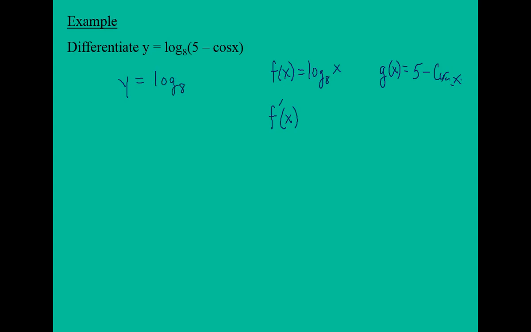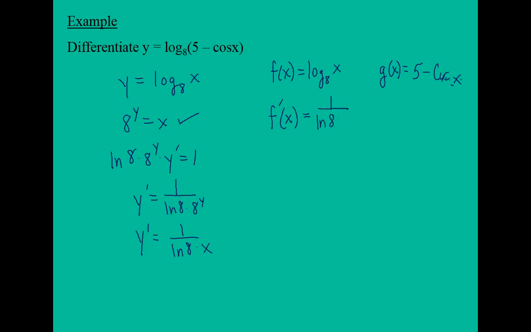We looked at finding the derivative of this by rewriting it in exponential form, taking the derivative implicitly, and then we found y prime equals ln of 8 times 8 to the y, but then 8 to the y, if you look back up here, is equal to x. So that's our derivative here. 1 all over ln of 8 times x,